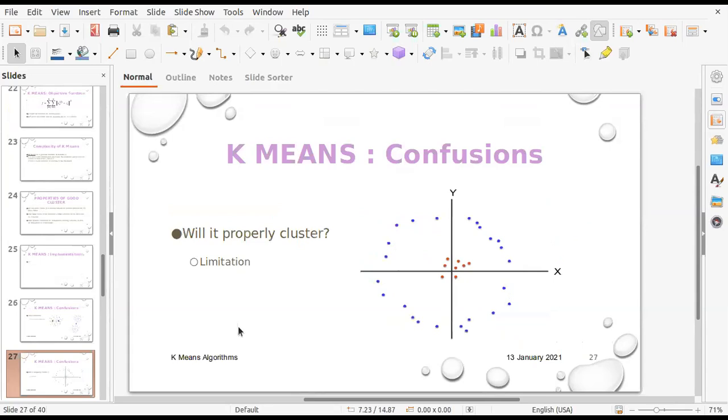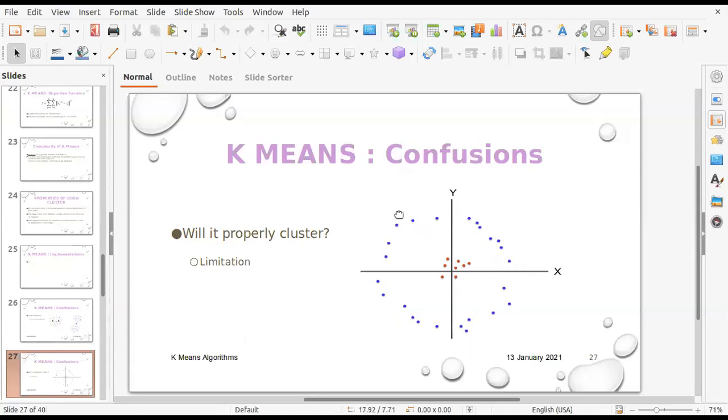Now, another confusion could be in form of if this is the distribution of the points, whether we'll be able to form a proper clustering out of these points. This is very difficult because we say normally that, for example, if you form this cluster, then forming this kind of cluster will be difficult.